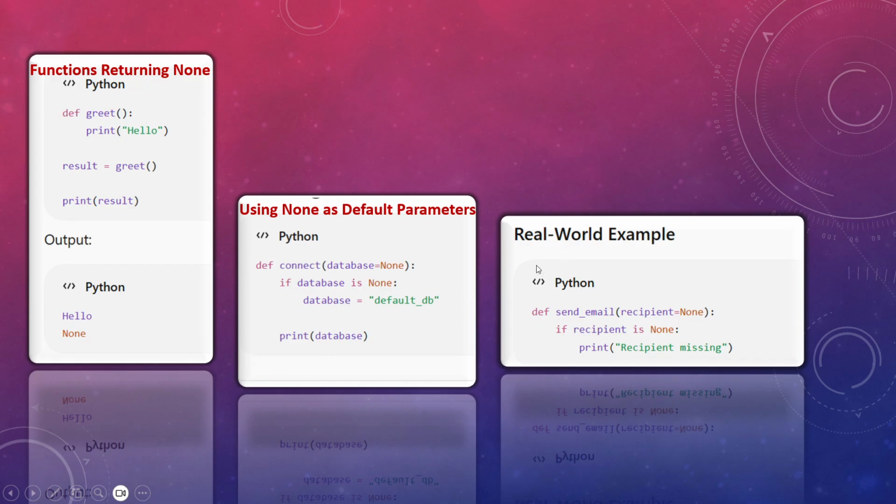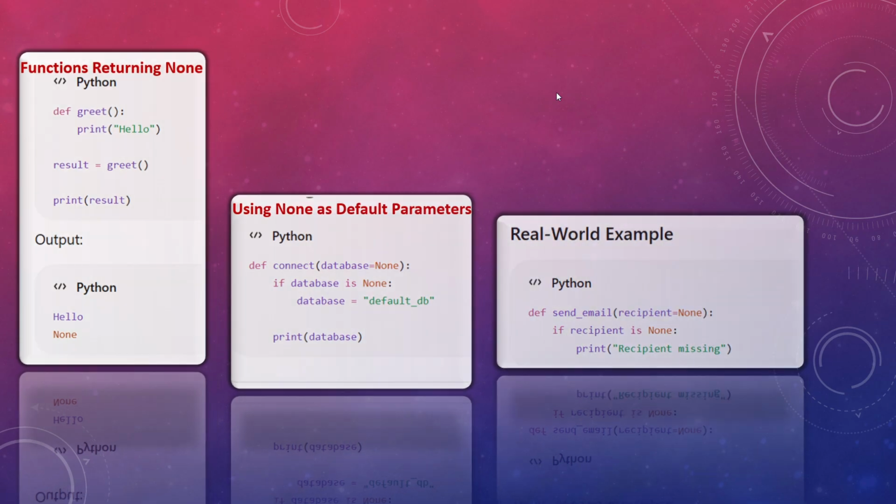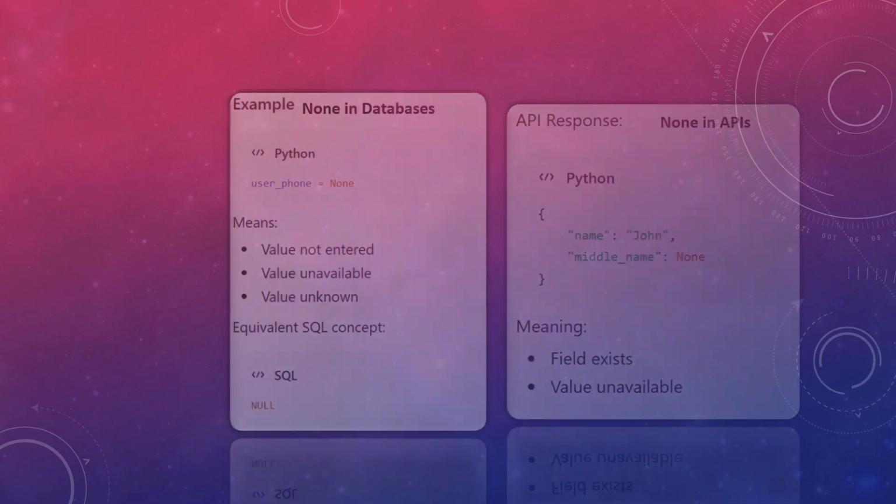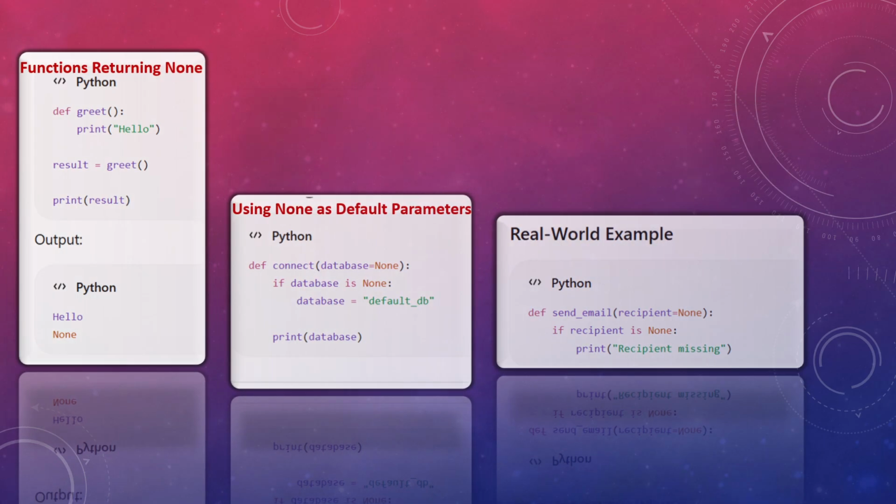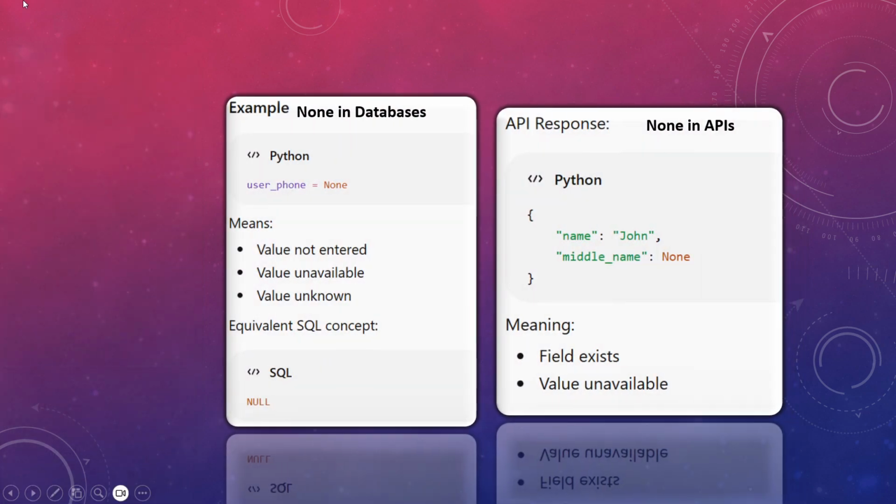Then processing is done here. Now a real-world example, default. So this is where recipient is None. If recipient is None, print recipient is missing. So we'll handle it this way. Fine. So even None in a database. This is one more place where, as I told you, we are getting some data from the user, and if there is something that the user does not fill in, rather than going with empty values, that means inverted commas or nothing at all, None. So this represents that a place is reserved for a value, but it is not there.